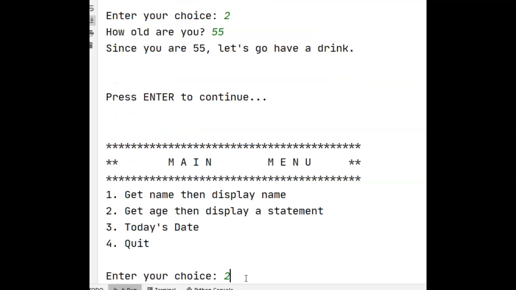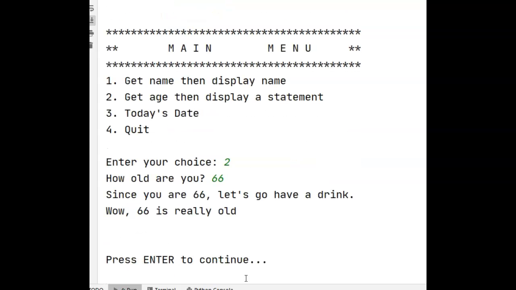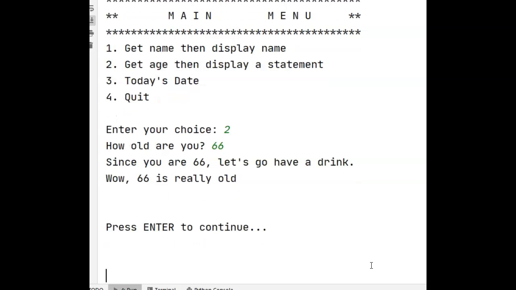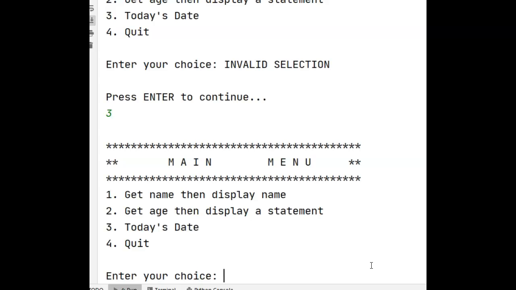So let's do that again, number 2, and let's do 66. That should say, since you are 66, let's have a drink. And wow, 66 is really old. There's that. So let's press enter to continue, back to the menu. And let's do the date. I press 3. When I press 3,